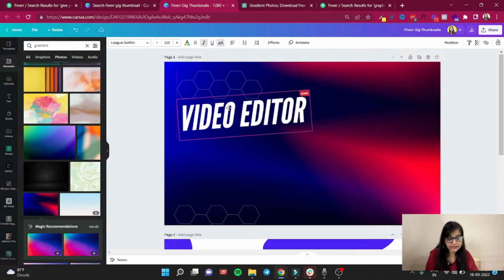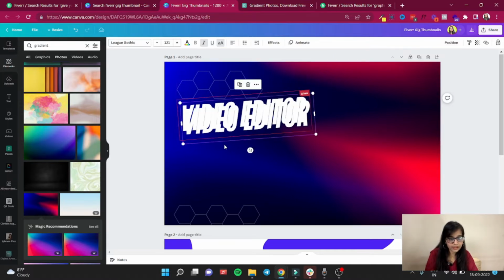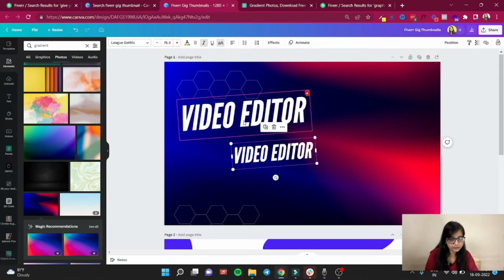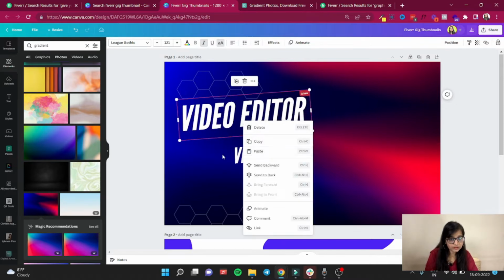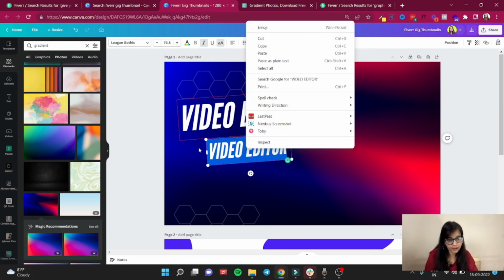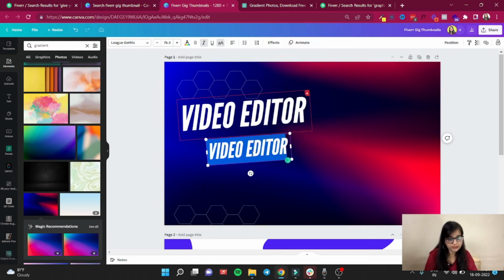So I'll place video editor over here. I'll also copy the text. So you can right click, copy and paste, or you can use Ctrl V, Ctrl C. Here what you're gonna do is video editor, and then you can write